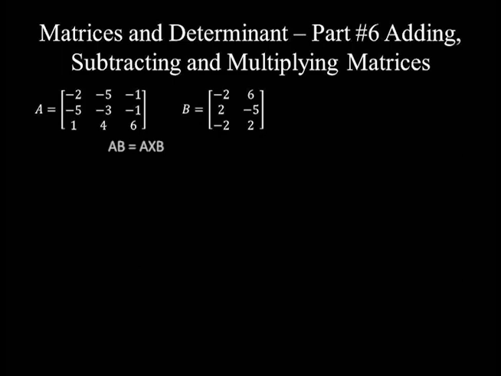The order of matrix A is 3 by 3 because it has 3 rows and 3 columns, and order is expressed as row by column. Matrix B has 3 rows and 2 columns, so its order is 3 by 2. Since the number of columns of the first matrix is equal to the number of rows of the second matrix,